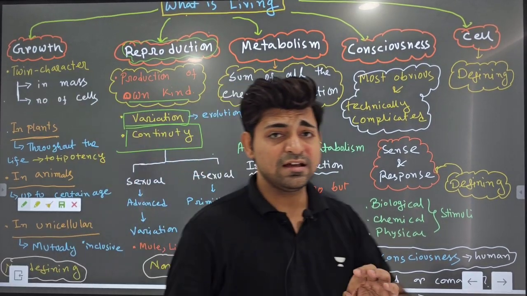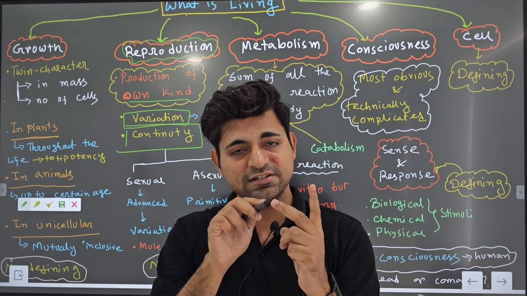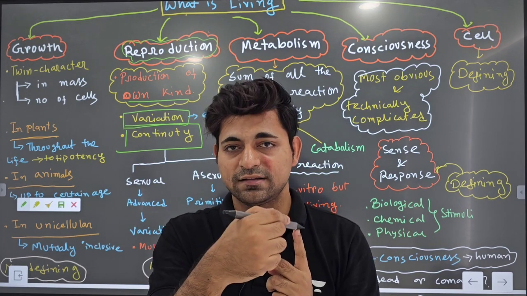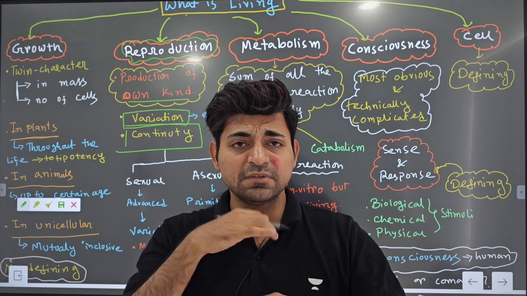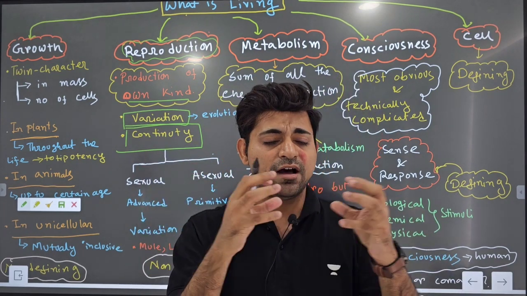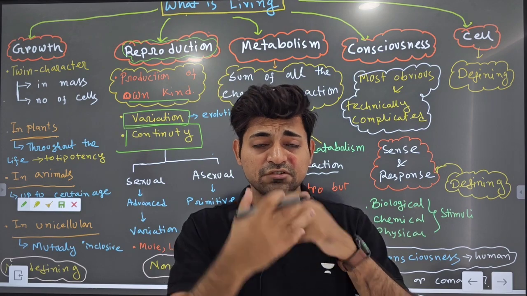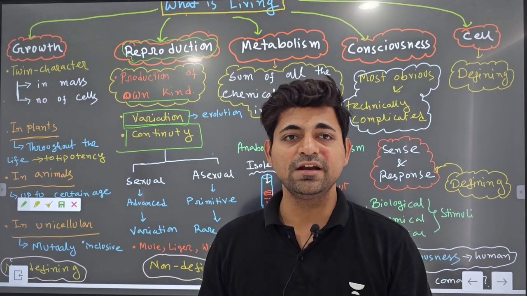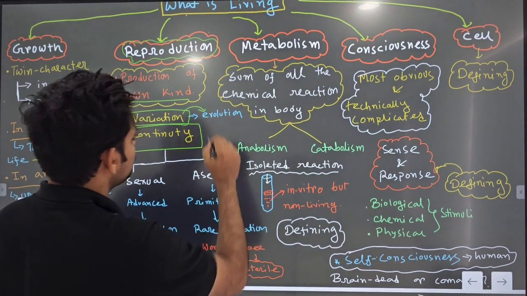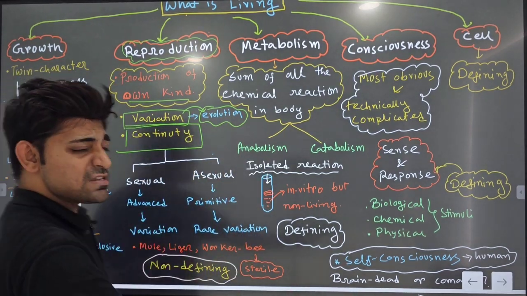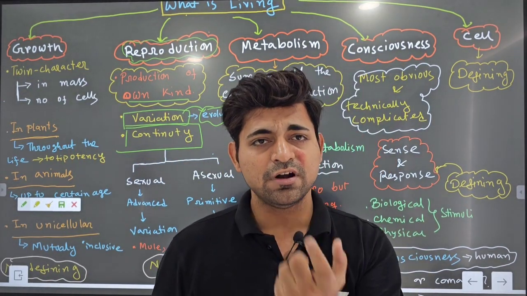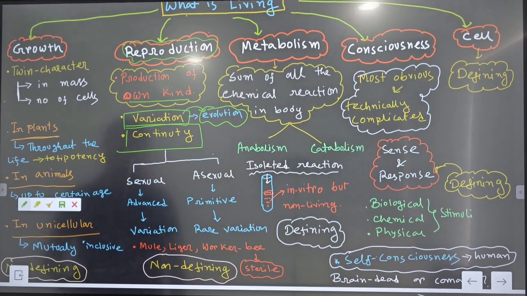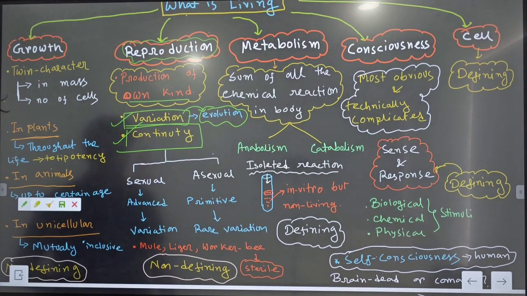Specifically, there are two types of reproduction, asexual and sexual. For asexual reproduction, the offsprings are literally identical to their parent. But for sexual reproduction, there will be reshuffling of genetic materials when sperms and ovum are fusing with each other. Due to that reshuffling, there will be some new criterions present in the offspring, and that will lead to variation, and ultimately variation will lead to evolution. And the biology, the systematics, the classification we are studying is to track down the story of life, that is evolution, how life has evolved. So these two are the very important things about reproduction.